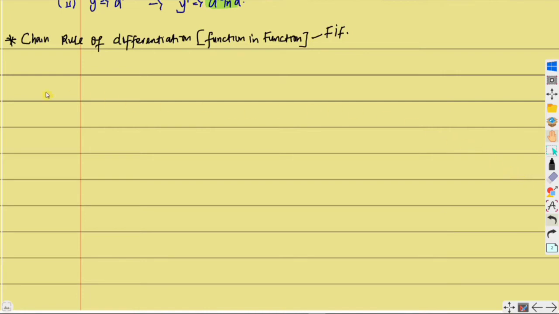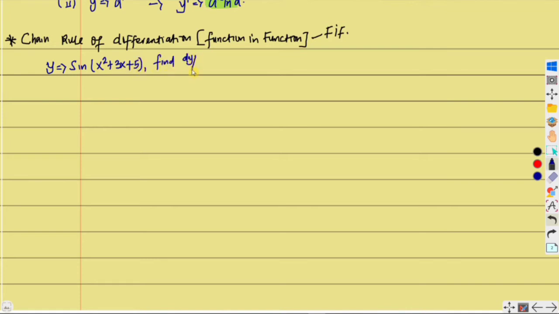What we just do is directly substitute the inner function with a new variable and differentiate with respect to the main variable. So here we don't need to disturb ourselves. We can only get this by carefully looking into some examples. Now we can take an example of a function in function question by saying y is equal to sine of open bracket x squared plus 3x plus 5. The examiner asks us to find